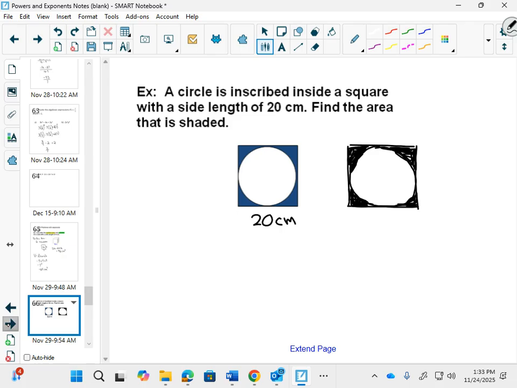So first of all, can we come up with the idea? Before we get formulas, before we go into numbers, if you were able to get any formulas you wanted, and you wanted to find the area of that shaded part, what would you do? Figure out